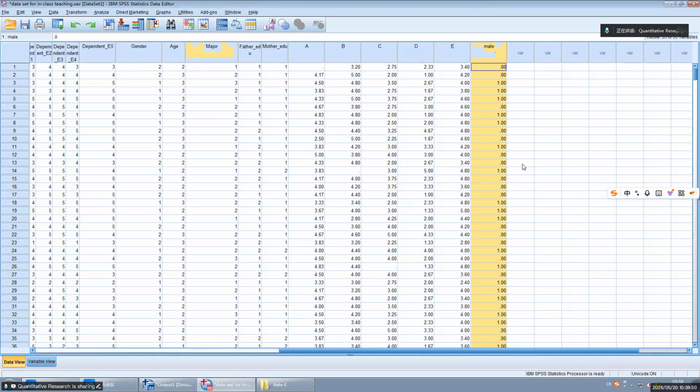In this dummy variable, we have 1 and 0. 1 representing a specific category, which is male. 0 representing all the other categories. So this is male. Now I'm creating the other dummy variable for female.